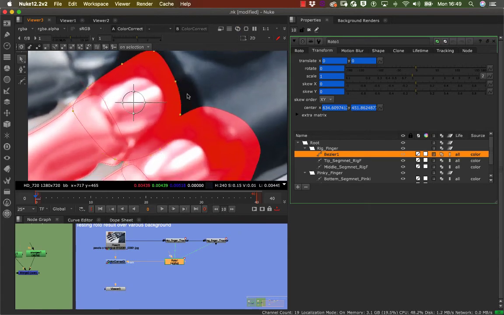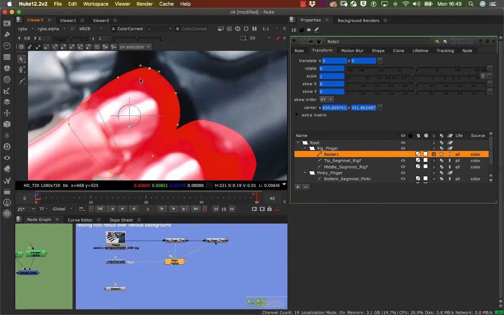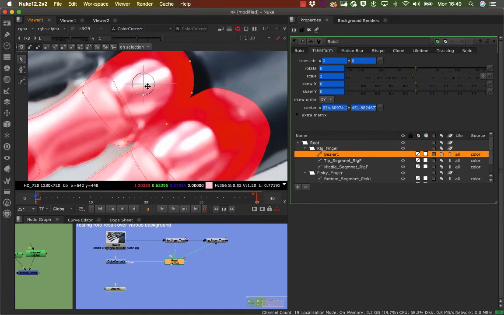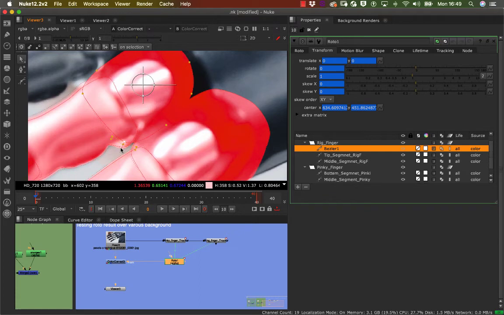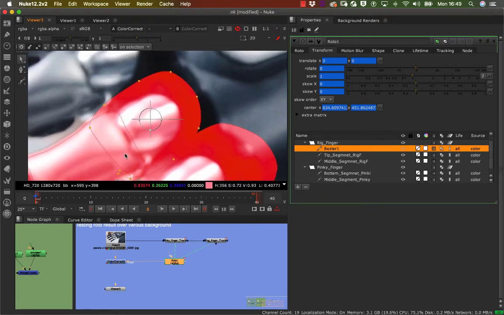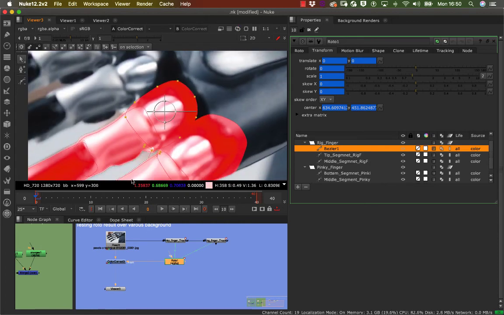You can do that, and then let's make that a bit more in shape there. There we go. Perfect. I'm happy with that. Again, I can just add a bit more of feather coming down a little bit, and I'm pretty much happy with that. Okay, so let's go back